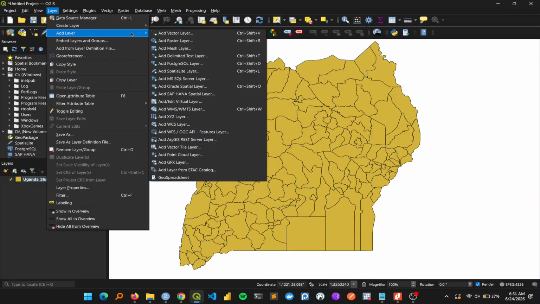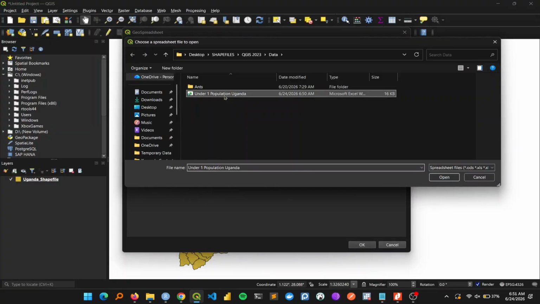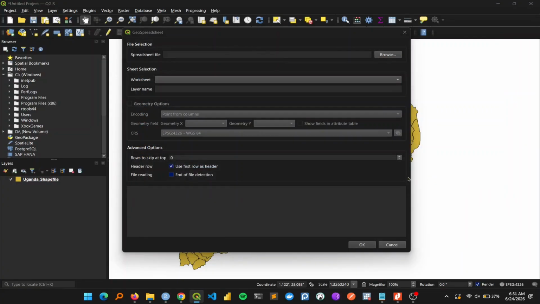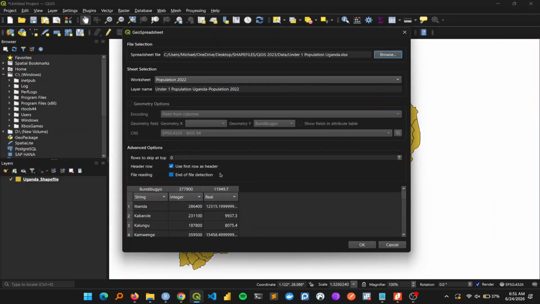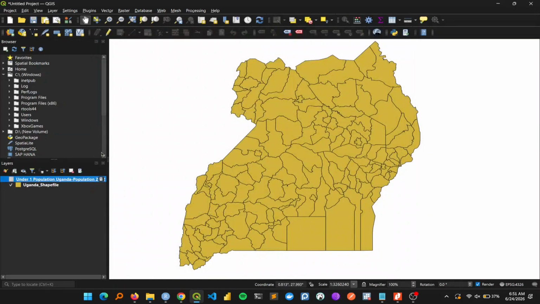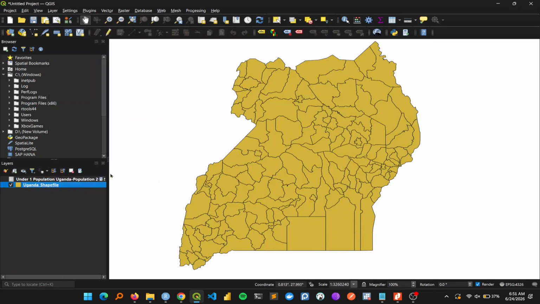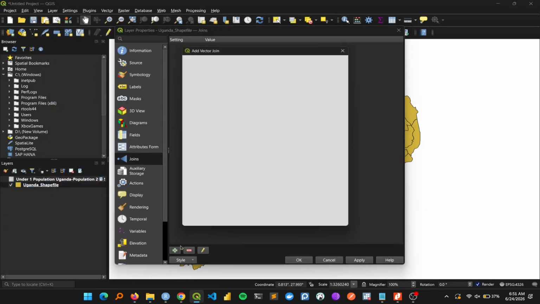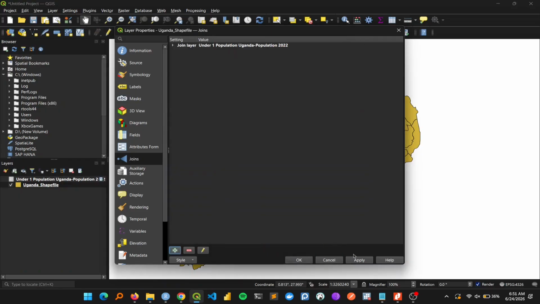So this is important. It is always important that you clean your data. You go through the cleaning bit before you bring in your shapefile. So okay, then I am going to attempt and add a join again. Okay, I say okay,